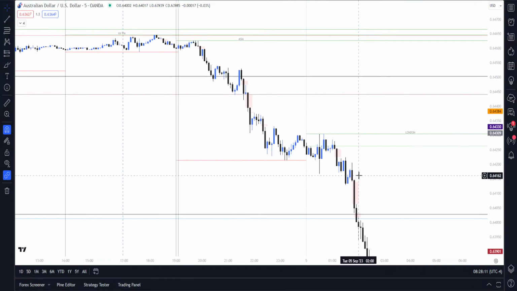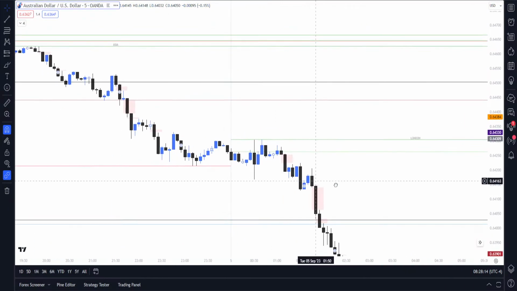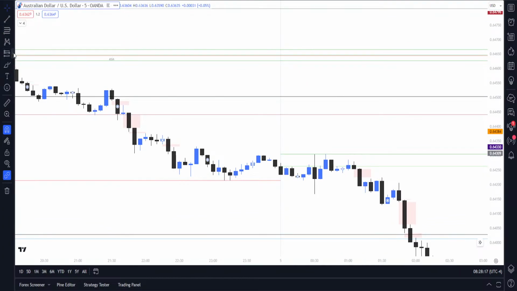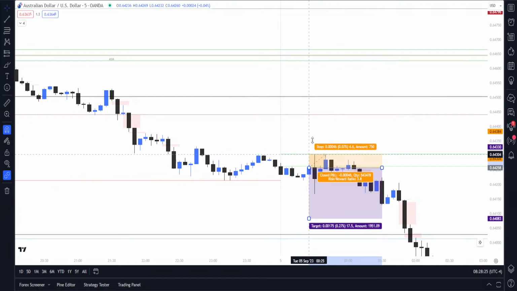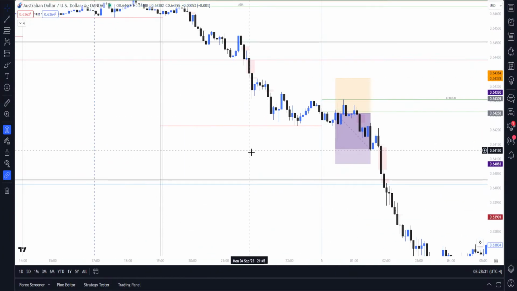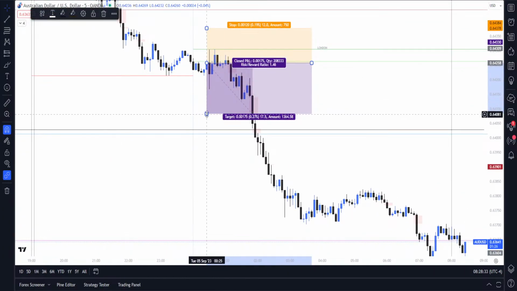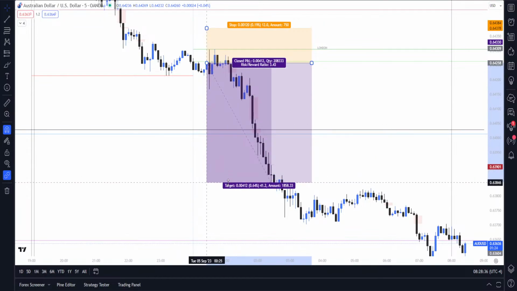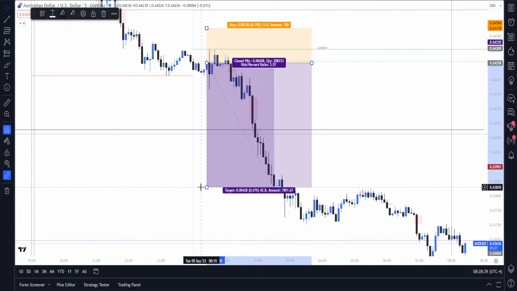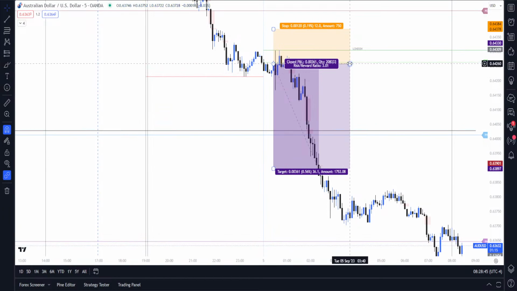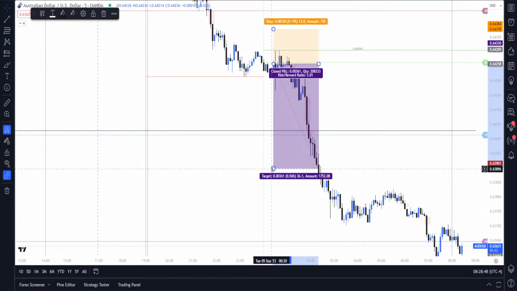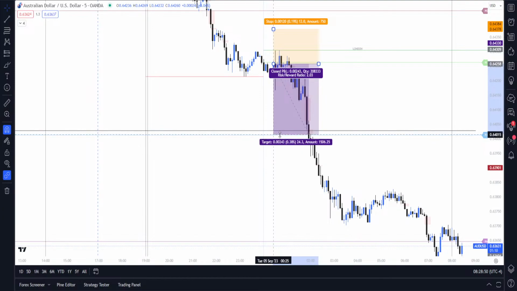So this is AUD USD, and 12:30 was right here. Okay, right here. So if you got in around, let's say, the end of this candle here with a stop loss of 12 pips, right? It's either 10 or 12. So I'll just put 12 because that's more realistic than 10, right? Because of spreads. And if you wanted a 3R, you would have had your 3R around right here. But because it's AUD USD, you probably go for a 2R instead, which a 2R you would have had right here, which is at